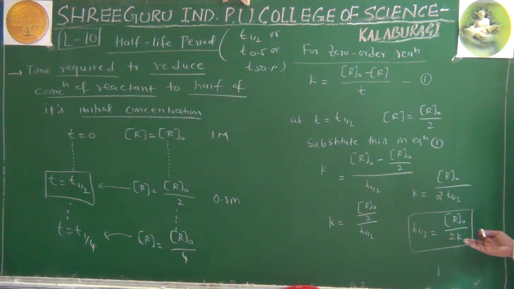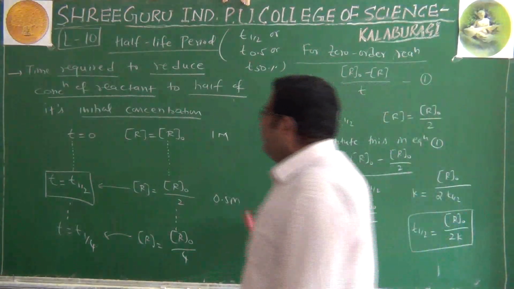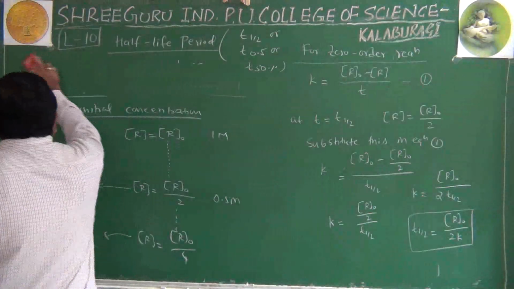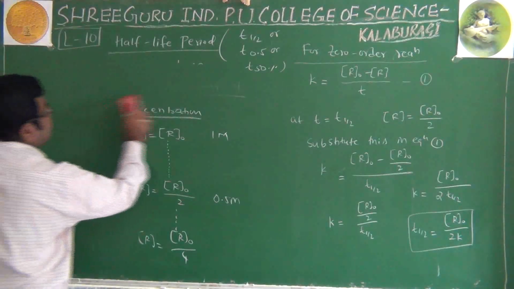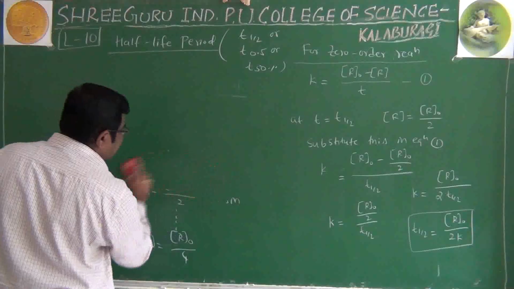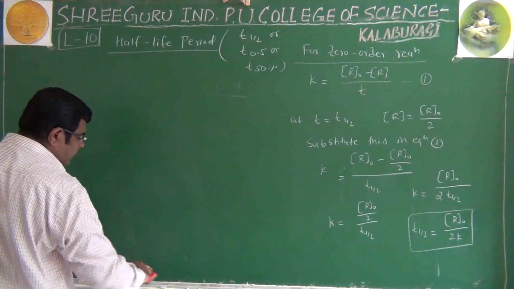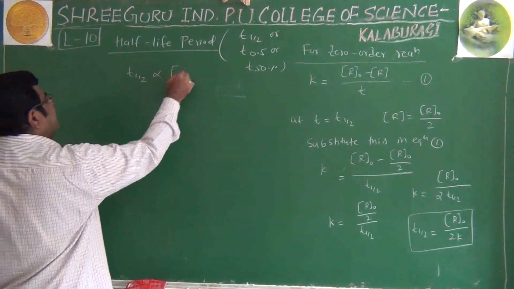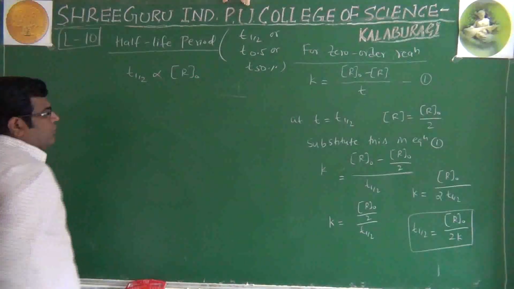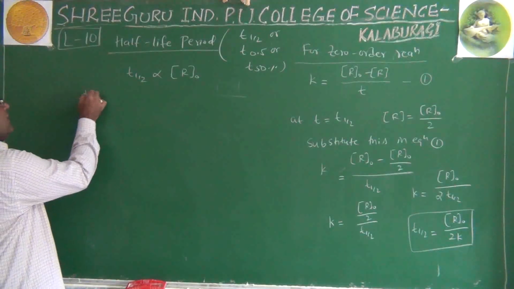It is only for 2 marks. But look at this particular equation: T half is equal to R0 divided by 2K. Now how can we read that equation? The equation is again very useful for us because the rate constant term is appearing in it. We can say half-life period is directly proportional to R0. Which means we can write this as